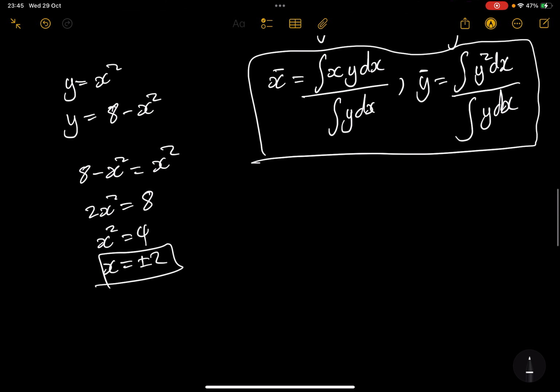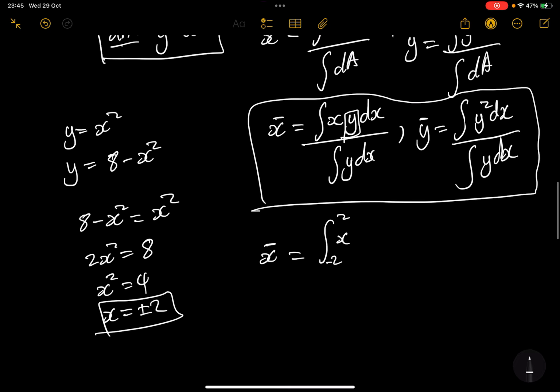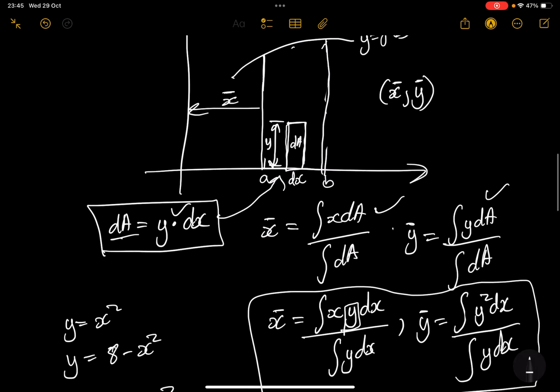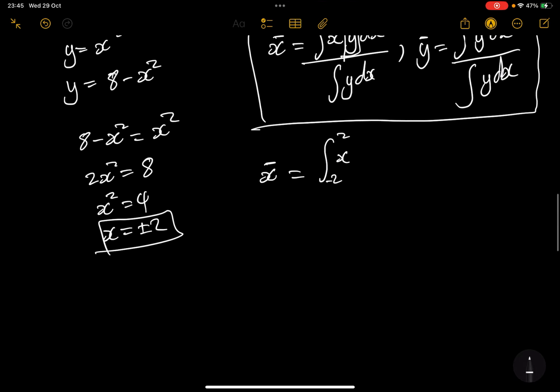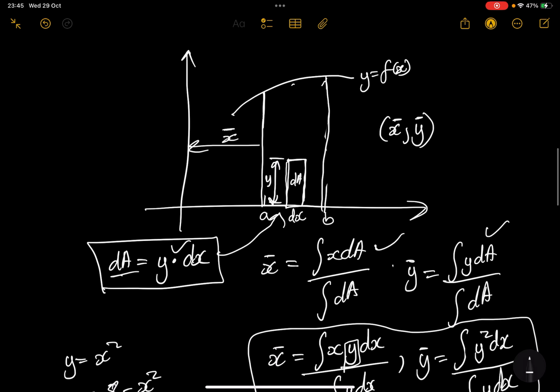If you want to find the x coordinate, you're going to integrate from negative 2 to 2, integrating x. Where there is y, what do you substitute? Where there is y, you substitute, so you have, okay, y